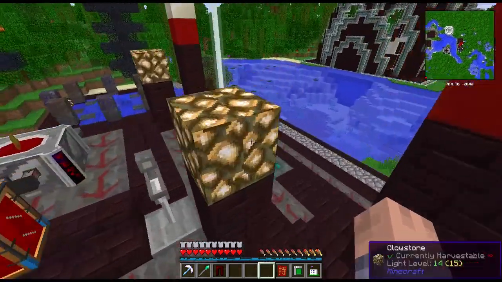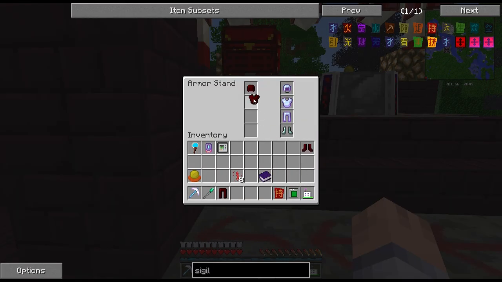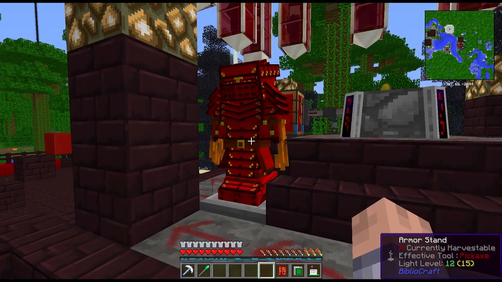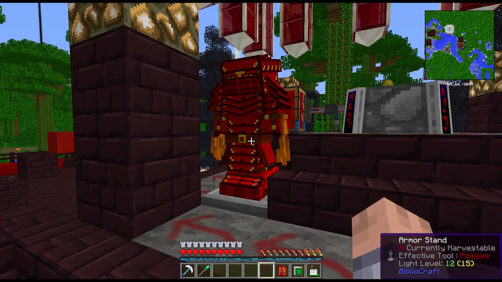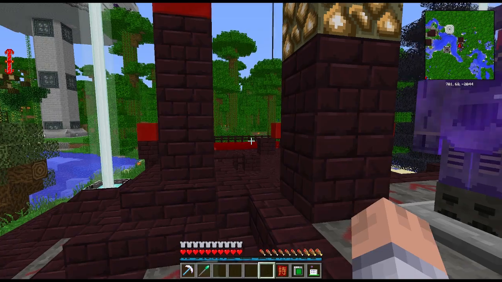Actually, I'm gonna put it on here first so I can properly change it. Here. And I think that we can even enchant this gear. Look how cool this looks. I'm pretty sure you guys have seen it many times before, but I just love this look. And there we go. Now, let's see if that night vision...